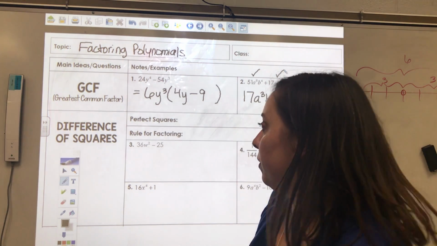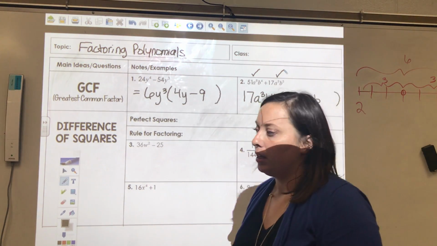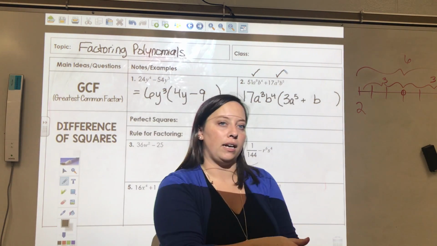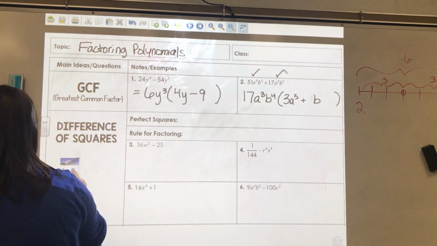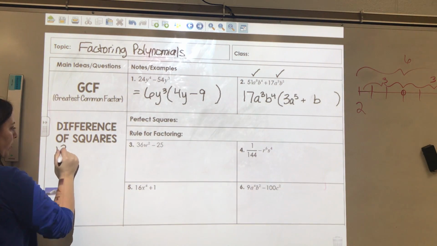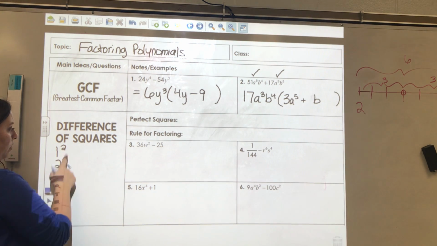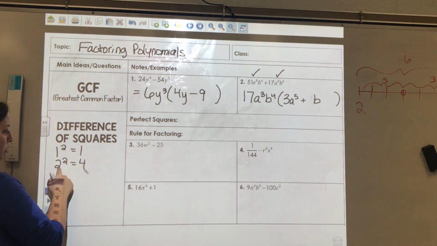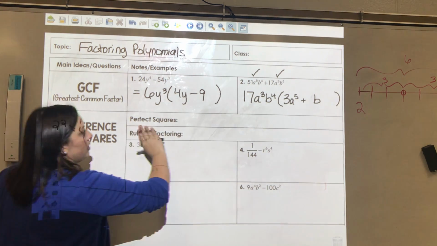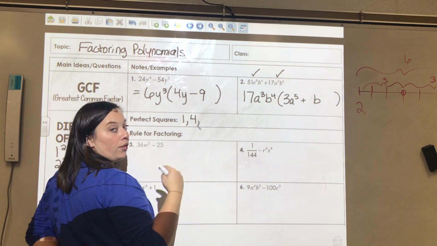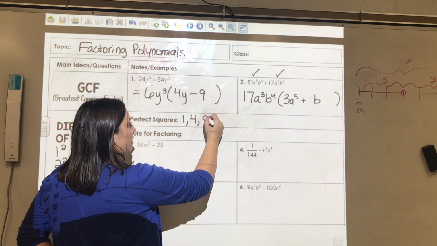Okay, so now what we're going to do is review difference of squares. The first thing we want to do is list our perfect squares up to 10. Perfect squares are like 1 squared, 2 squared, 3 squared, and so on. 1 squared is 1, 2 squared is 4, 2 times 2 is 4. So let's list that. 1 squared is 1, 2 squared is 4, 3 squared, 3 times 3 is 9,